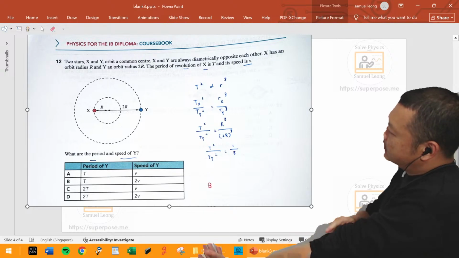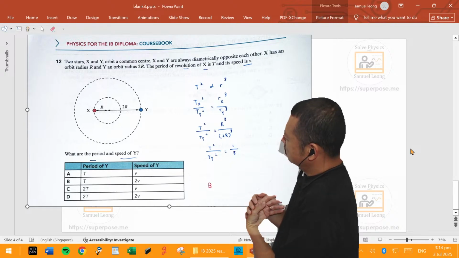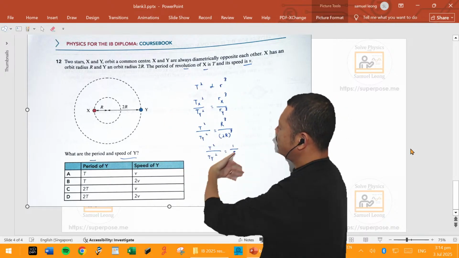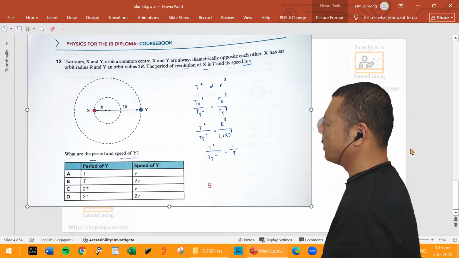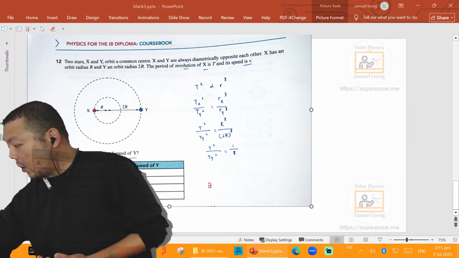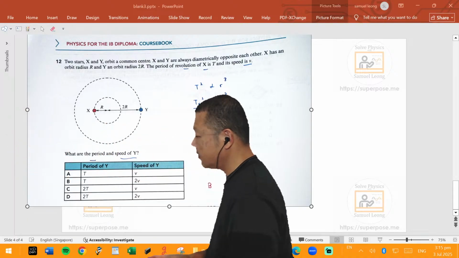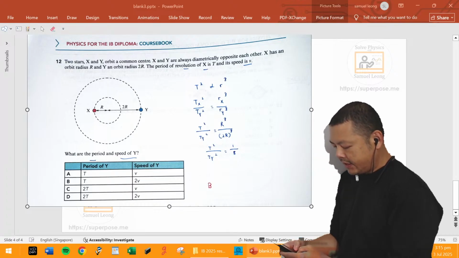Okay, look, for this one here, this is a binary star question. The working here tells me that you're not too sure what's happening here. So this is a binary star. Binary star is an even higher application of circular motion and gravitation, right? So I think the best thing is for me to send you the video on this. So binary star. Okay, hang on, let me just send it out.